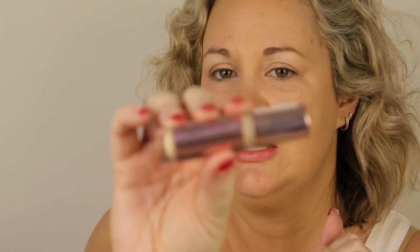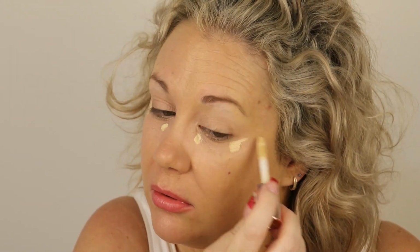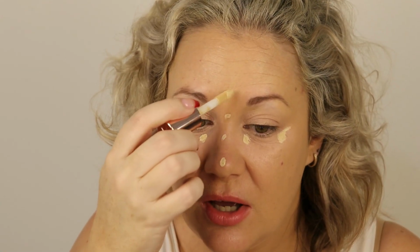Alrighty. Now I don't have a concealer in all of this, so let me see. I might use my Revolution Conceal and Define Full Coverage Concealer today. This is in the shade C 8.5. It's a nice brightening one. It's a very brightening one. Just a wee bit, not too much. Up the nose,